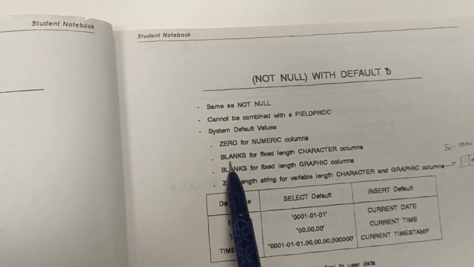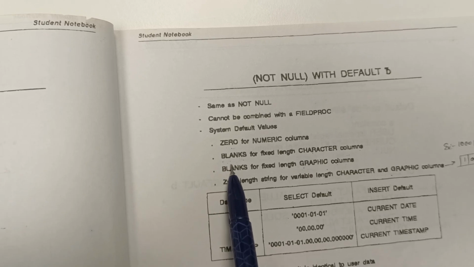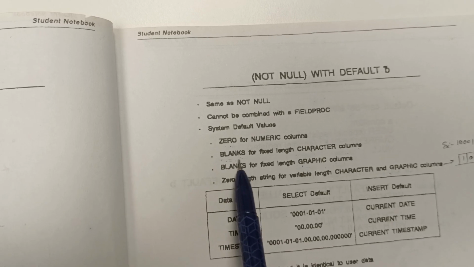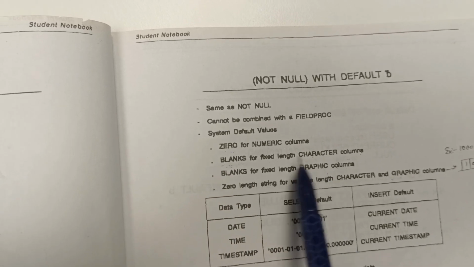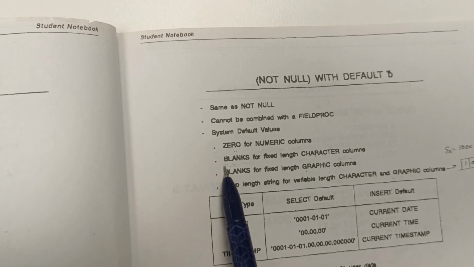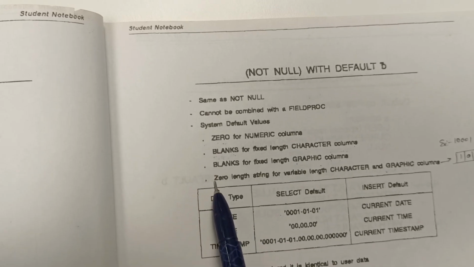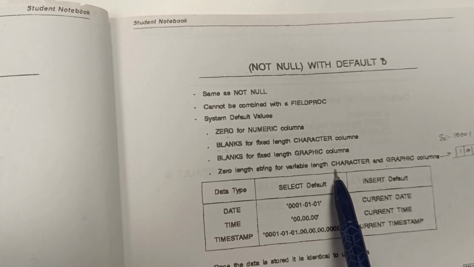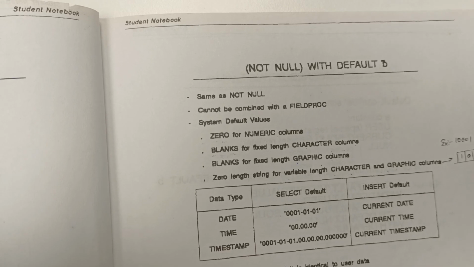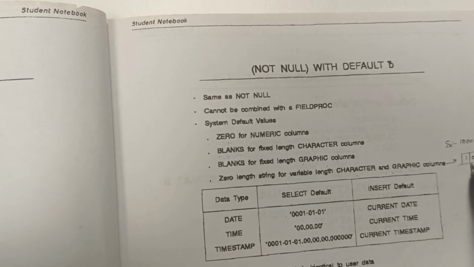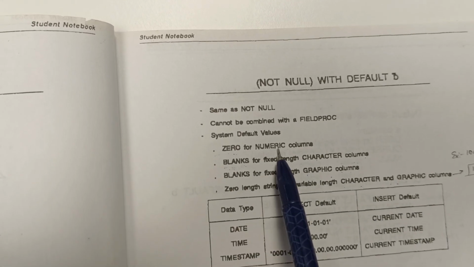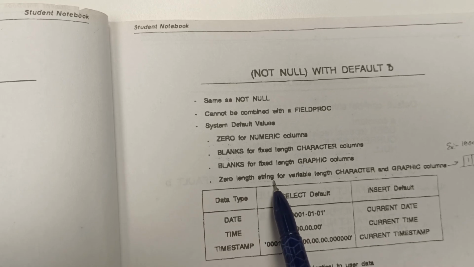A blank. Please remember, friends, this is not spaces here, and this is not 0 for character. 0 is only for numeric, and blank is for character. And a 0-length string is for variable-length character. Earlier we mentioned 0 for a numeric column, but here it is a 0-length string